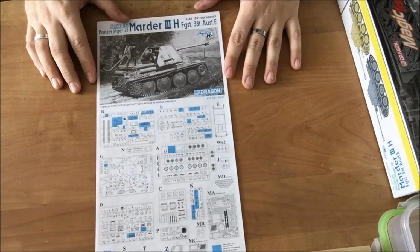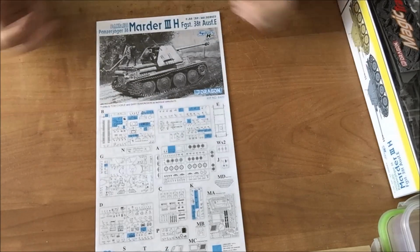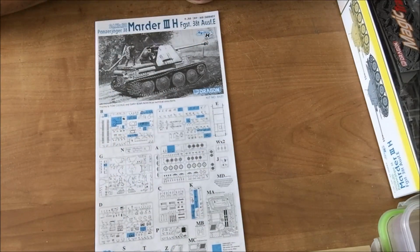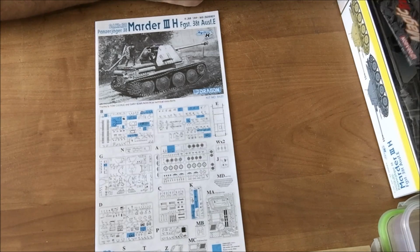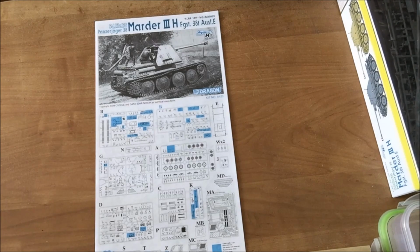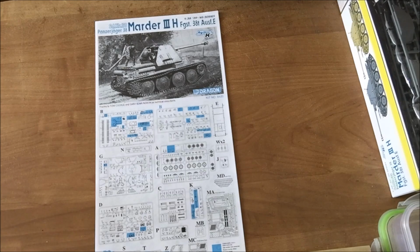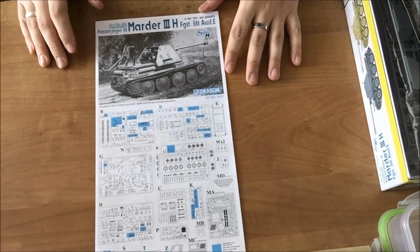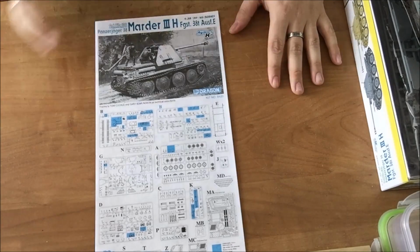It's a typical Dragon instruction sheet, box art, and then in blue we have all the parts that we don't use. Looking for the metal barrel on the instruction sheet. It doesn't tell me that there should be one, but the box tells me one. Let's hope that this isn't one of those kits that Dragon was so smart to take out the metal barrel, because if they did, I will be pissed. And as my box states there should be one, I can contact them and ask them to send me one. Anyways,